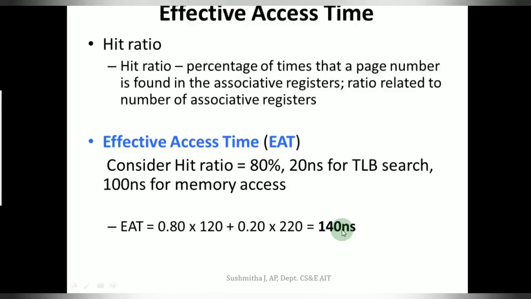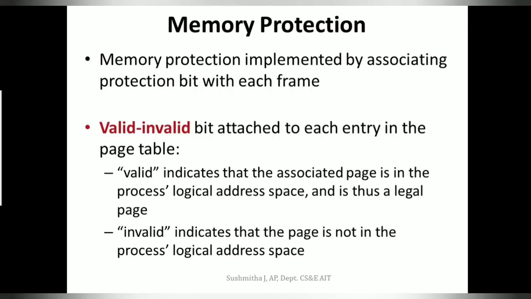The next thing that we have is about your memory protection. Yesterday I had probably sent some images in the class group. One of the images talks about various other information a page table can have other than the page frame number. That is, if you remember an image which has multiple boxes, which has present, absent, protection, modify, referenced, cache disabled. So these are the various fields that are possible, but here probably we are addressing only protection.